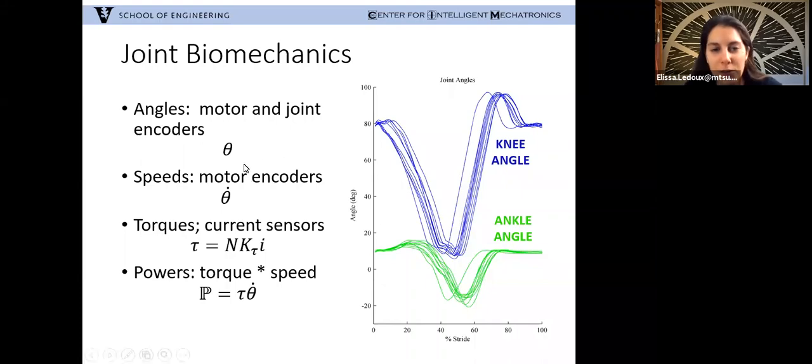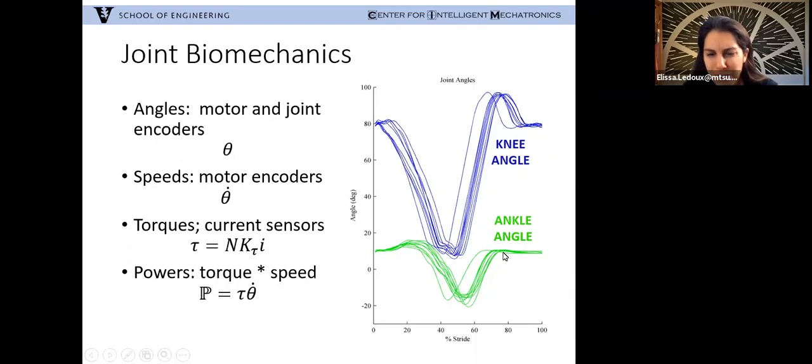I measured the joint biomechanics using the encoders on the motors in the joints, then figured out torque using the current sensors, and power is just torque times speed. So here's the knee angle graph. This is 10 strides, what the angle looks like over each stride, and then ankle angle, what it looks like